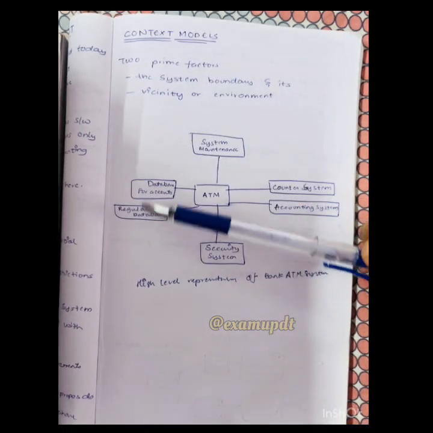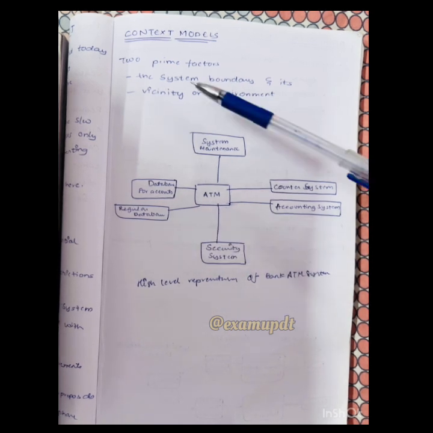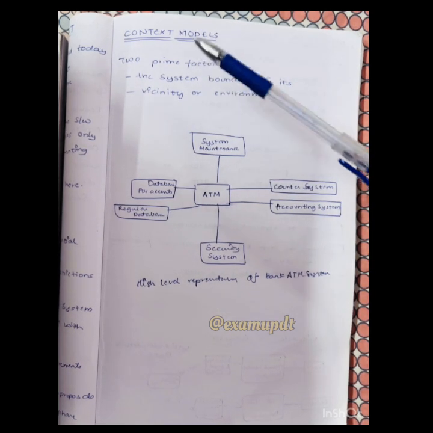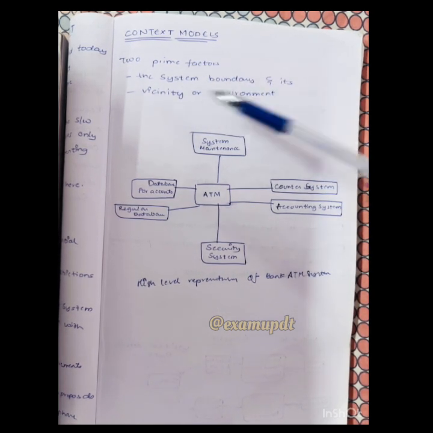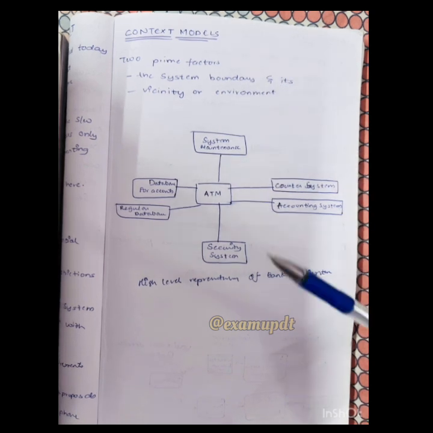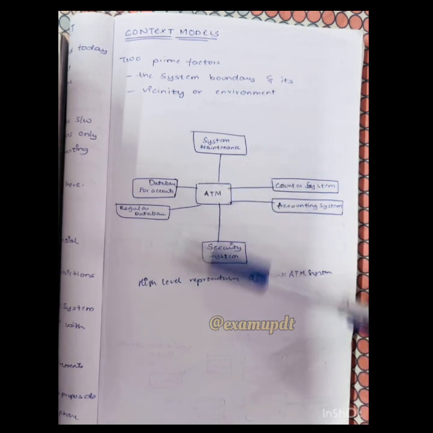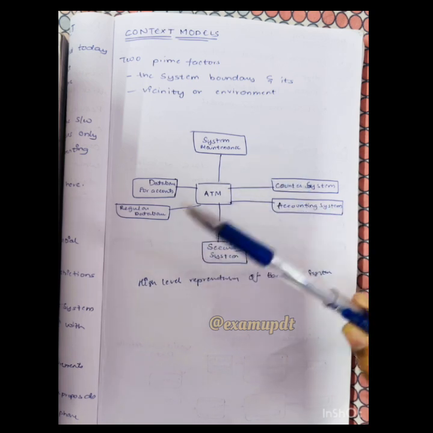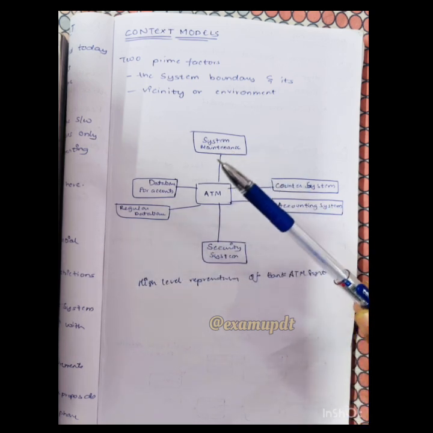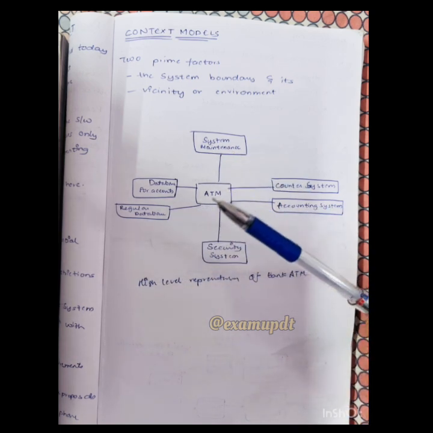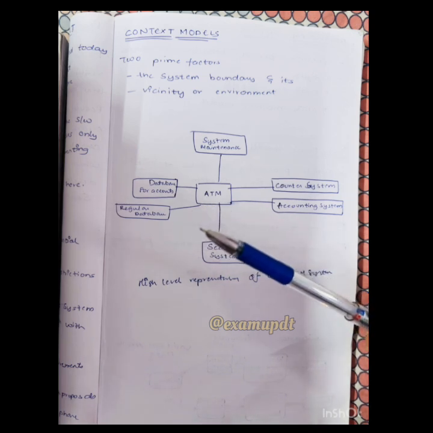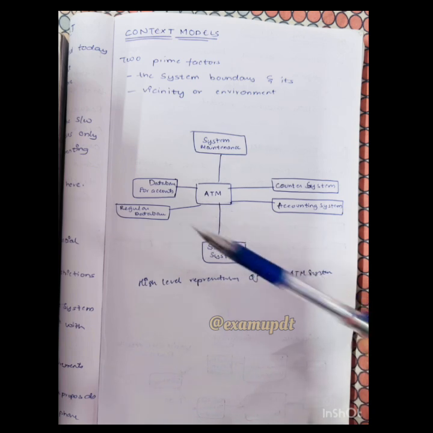So when we are working with context models, it has two prime factors. The first one is the system boundary and the second one is the vicinity or environment. So let's look at the context of the system we are developing, including how it reacts with its environment. Firstly, we establish a clear boundary between the system and its surroundings based on input from stakeholders and factors like cost. Then we examine how the system depends on the environment, and finally we create a basic